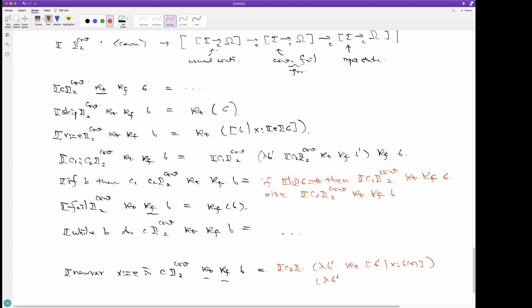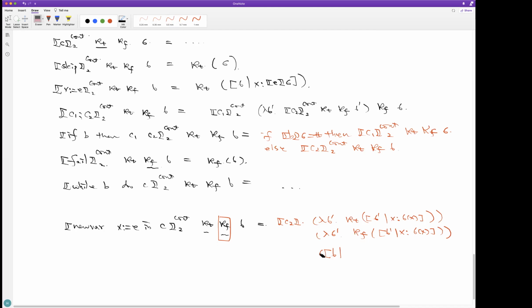So what this means is that this new bar is the only guy that's gonna touch this KF part. And that's what we expect because KF only records how we should restore the value of the global variable. And then the starting state is changed. So sigma has the variable x with a value at initialization. Okay. So that's what C2 does.